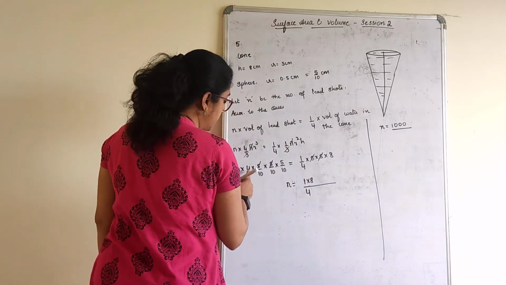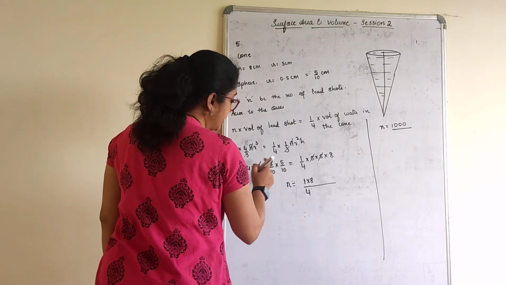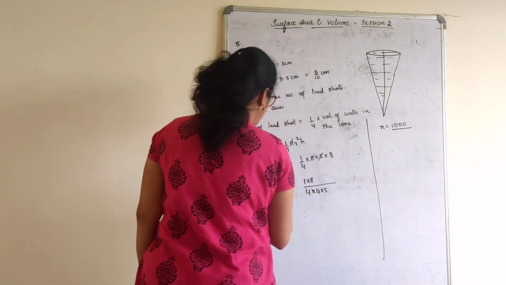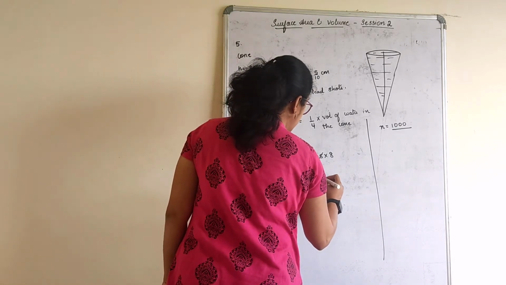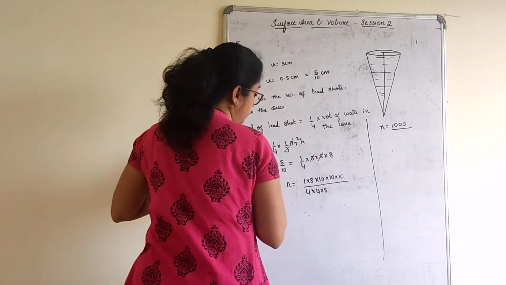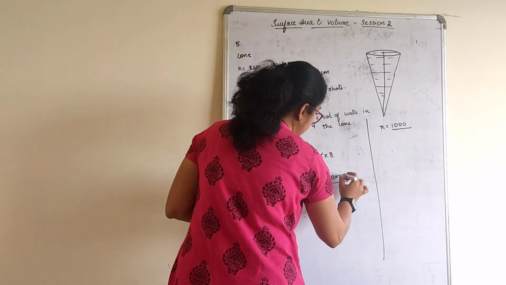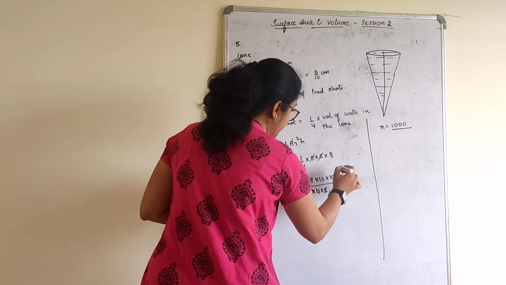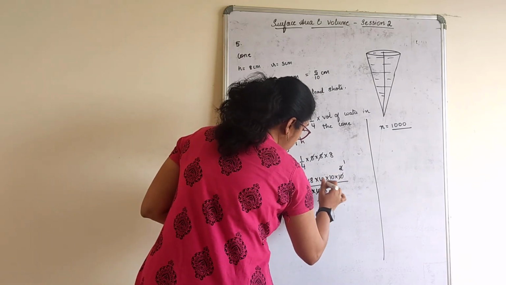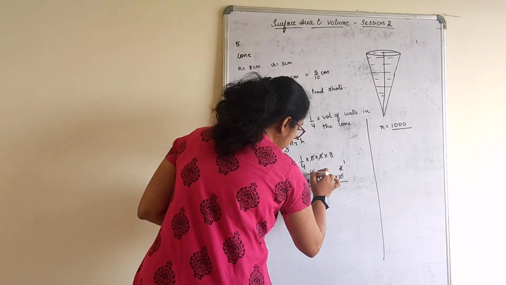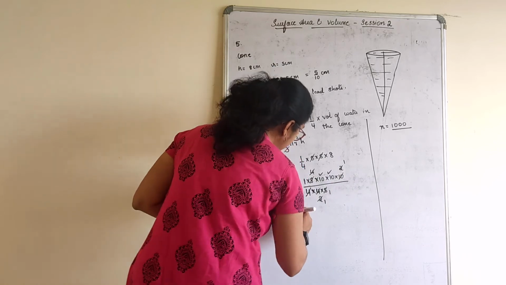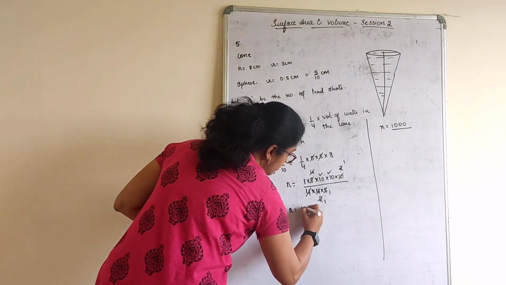From here what all will come to the denominator? 4 into 5 will come in the denominator. What all will go in the numerator? 3/10 will go in the numerator. So 5 ones are 5, 5 twos are 10. 2 ones are 2, 2 twos are 4. 2 ones are 2, 2 fours are 8. 4 and 4 will get cancelled. What remained? 10 into 10. n is equal to 100.